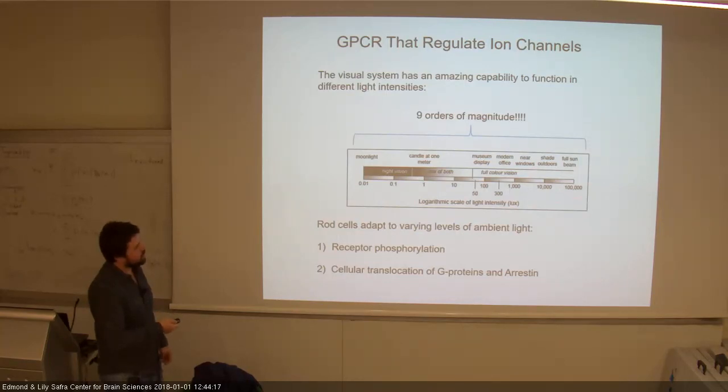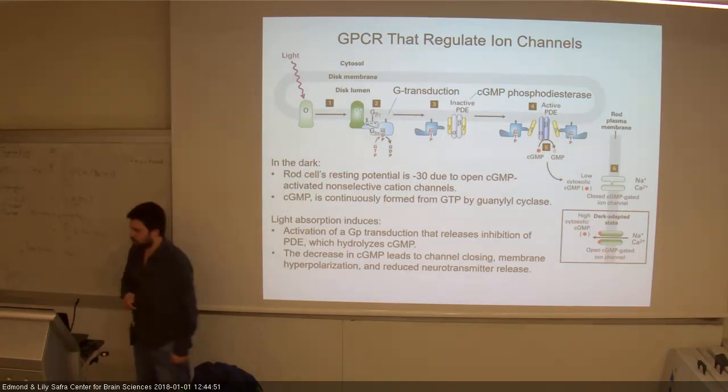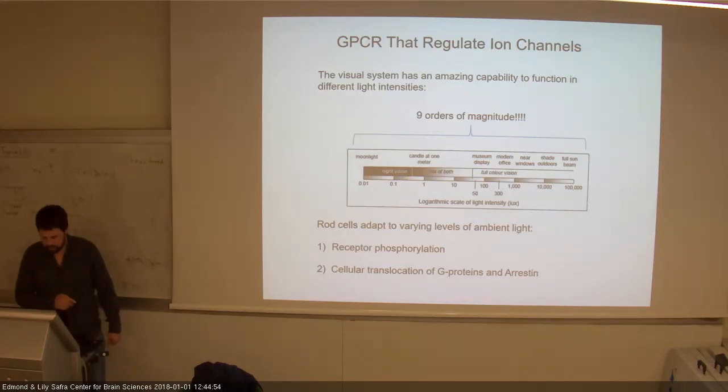For example, we can see very well in full sunbeam, but we can also detect single photons under very partial moonlight. The way that this adaptation occurs, about 9 orders of magnitude as a physical signal, we will talk about next class, and we'll show examples of how exactly rod cells adapt to different levels of ambient light. But I'll just give you a hint that it has a lot to do with the modulation of the different components of this system. Okay, so see you next class, and we'll finish this chapter, and then